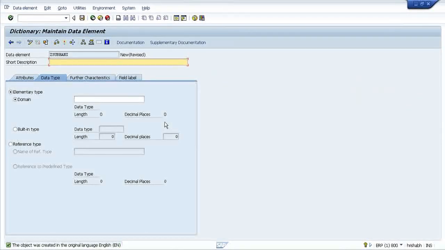Now a data element is an ABAP dictionary object which holds the characteristics description of a particular field. It will hold only the characteristics description. Now that field could be a character, this field could be numeric, this field could be a kind of sales order, this field could be a kind of material. So it will hold the characteristics description,